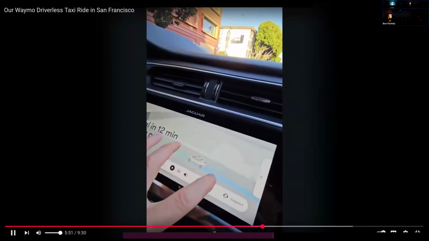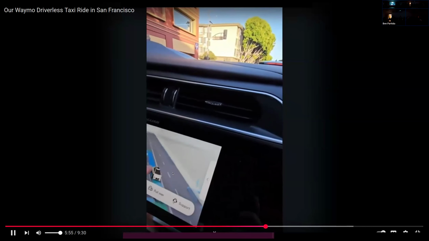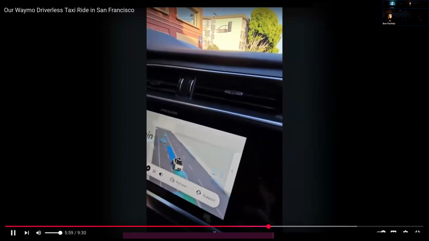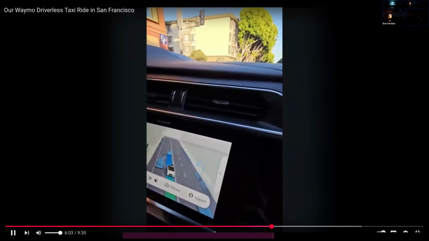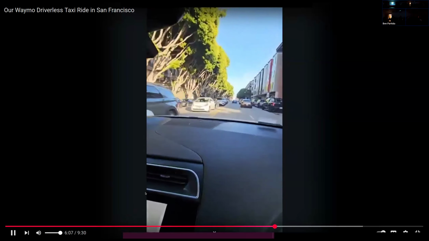Coming to another light. You mean you did this, went around to the back? And you can see all the cars. Yeah, you can see the cars coming up behind us. And then, oh, it switches to forward. Yeah,